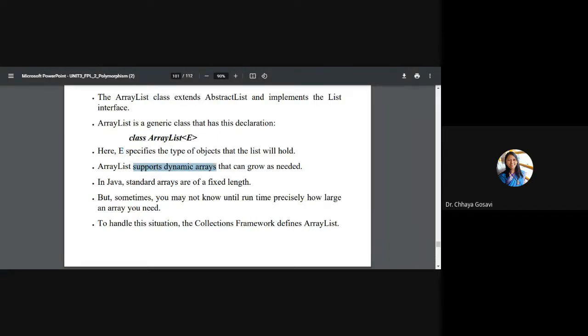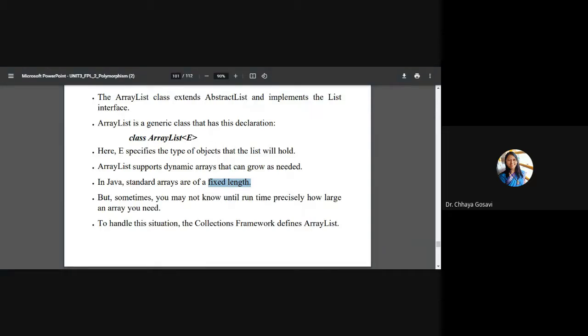ArrayList supports dynamic array that can grow as needed. In Java, standard arrays are of fixed length. How do we create an array in Java? int a[] = new int, and we specify its size.